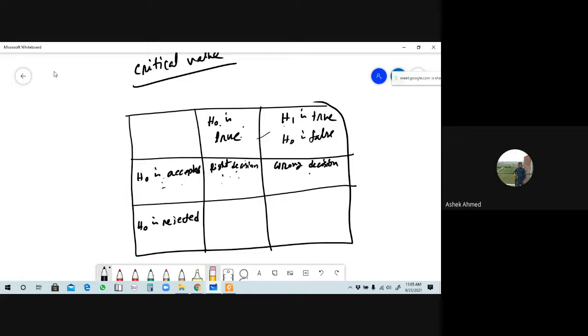Okay, so if you see the third row here, then in the third row the second column is, H naught is true but H naught is rejected. Right or wrong? That will be wrong. Is it right? Yes, sir. Okay. In the third row, the last region will be, in that case, H naught is false and H naught is also rejected.